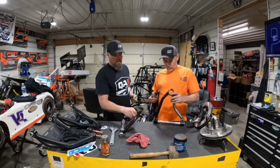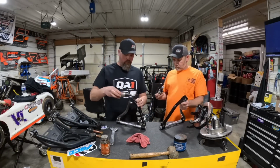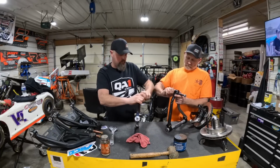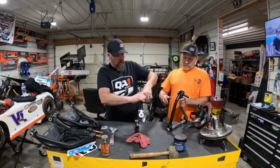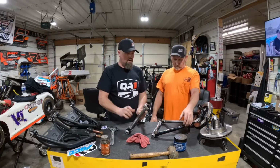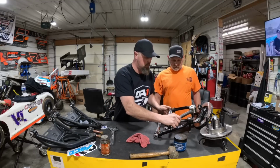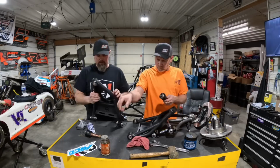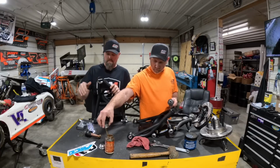All right, got our Joe's upper control arms and the QA1 ball joints. Anti-seize on these as well, very good idea. We'll put it in hand tight. So right now that's a loaded upper. We've got to do the same on the lower. And when we get these all in the car and we get the bolts on them and everything, where we can get a hold of everything,